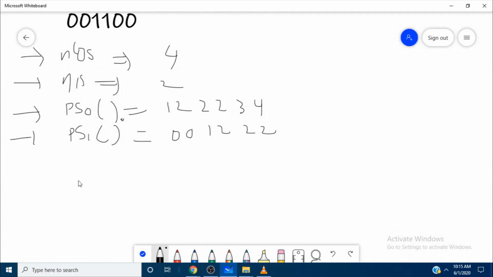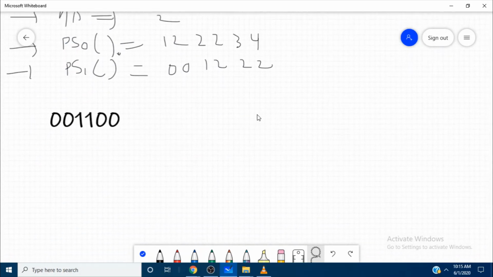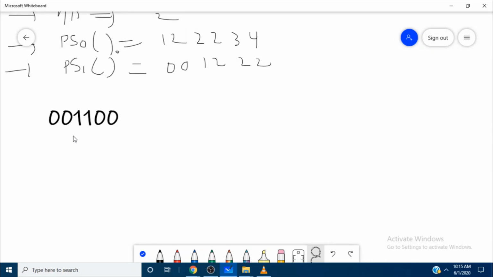So what we need to do? We need to make this string of the form like 0 0 0 0 followed by ones, or 1 1 followed by zeros, right?